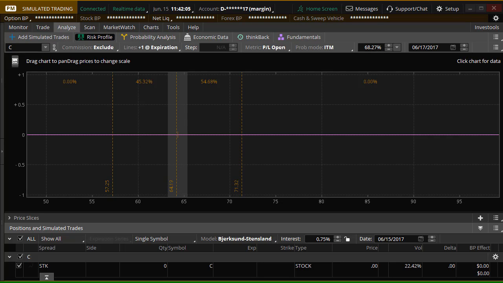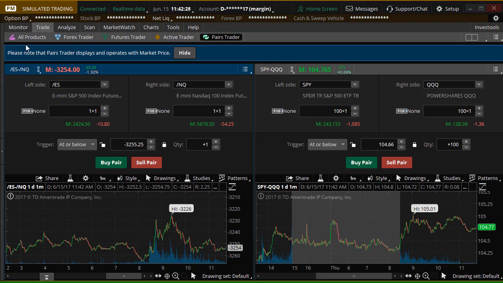Okay, so you can learn a lot about options working with that Analyze tab and figuring out trades right here. It's really, really sweet, and there's just a ton of information here. Now, if we go back to the trade page here for just a second,